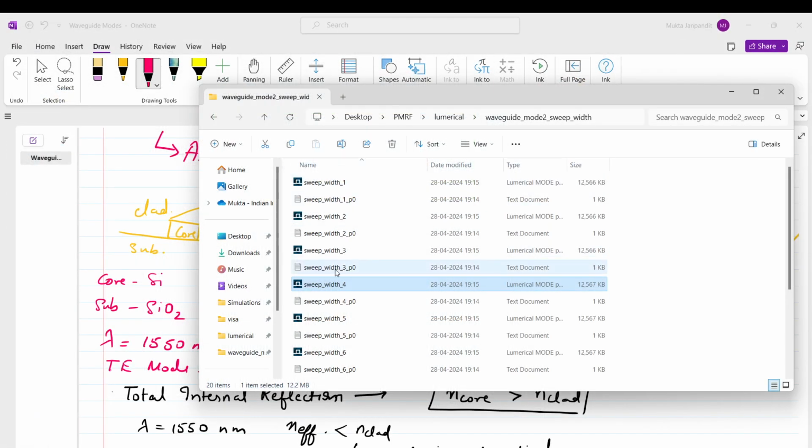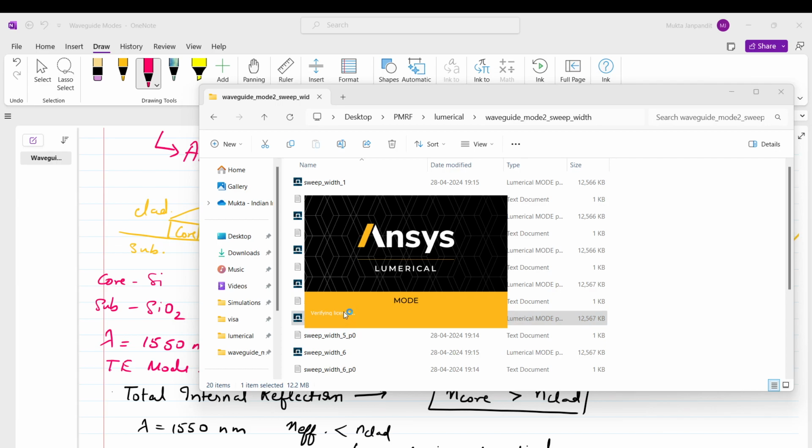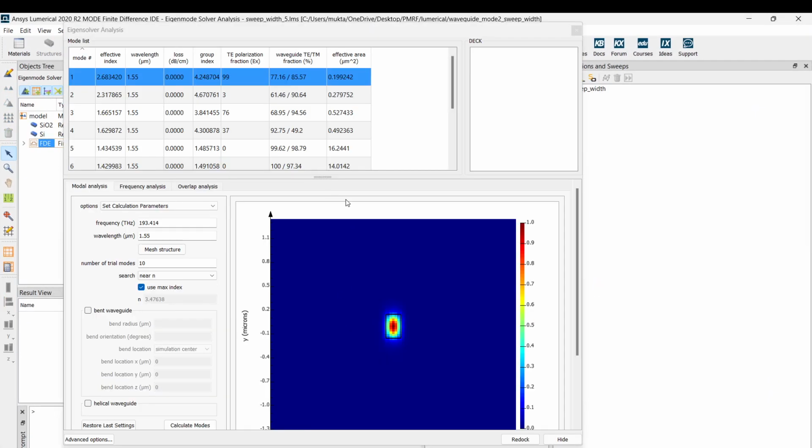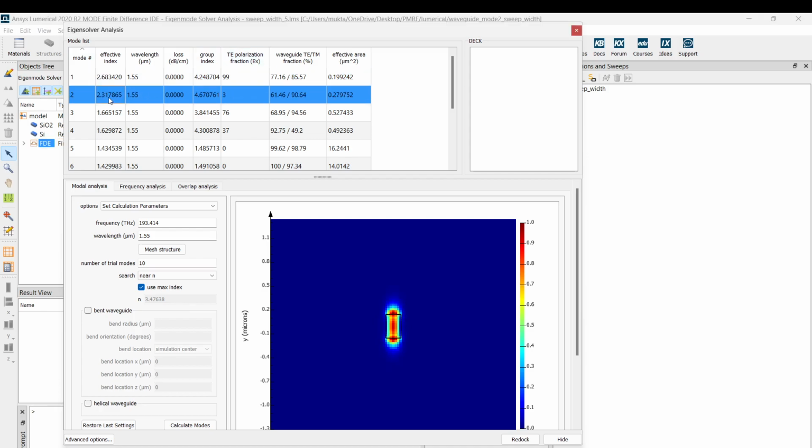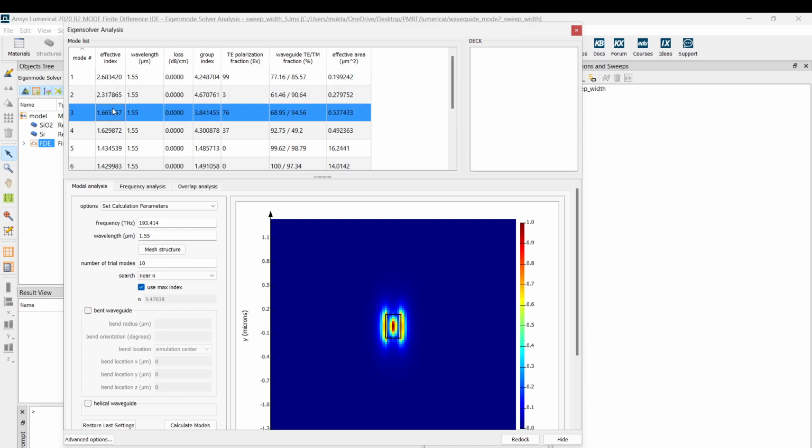Let me close this also. Here I have one TE mode, one TM mode, and if you see here, we have another TE and another TM mode.